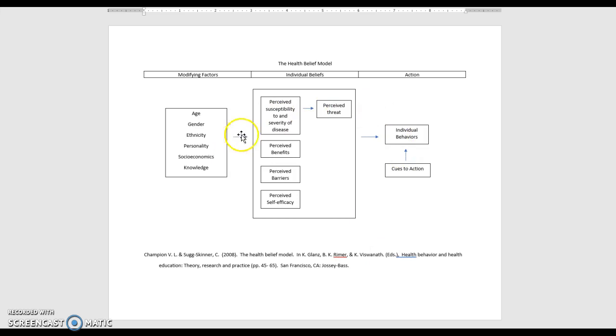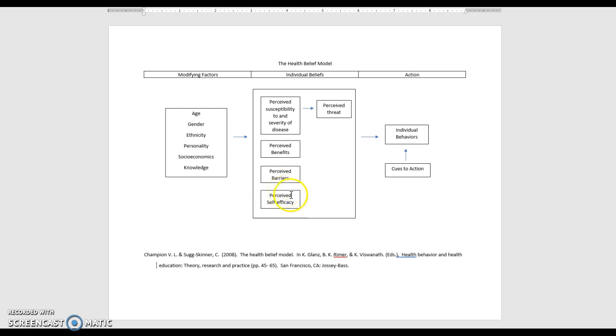So when you look at the modifying factors and then you look at the individual beliefs, we have perceived susceptibility to and severity of disease, which also directly ties in with perceived threat, individual beliefs of perceived benefits, perceived barriers, and then finally perceived self-efficacy. So when the model was first developed, perceived self-efficacy was actually not included. It wasn't until a little bit later on, about 1988, that perceived self-efficacy was added to the